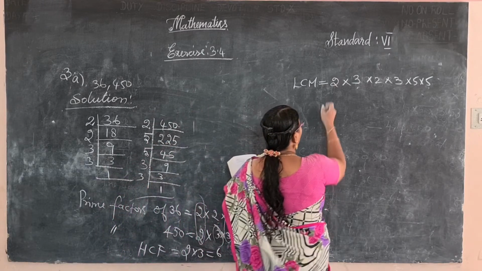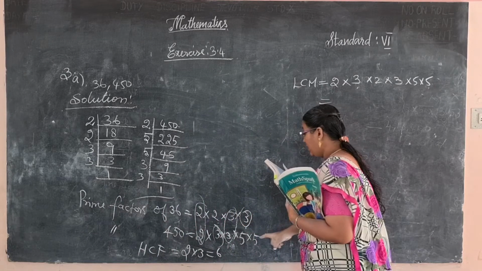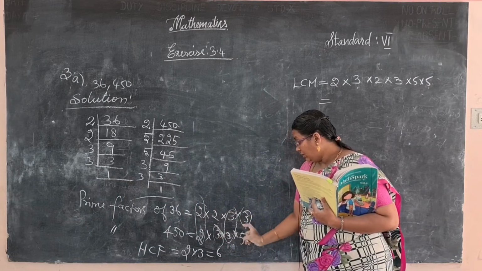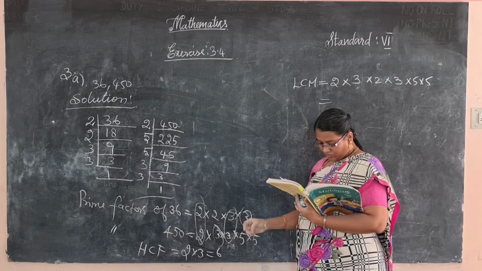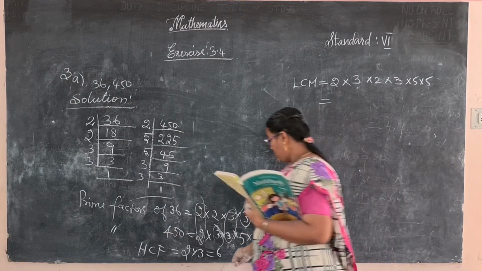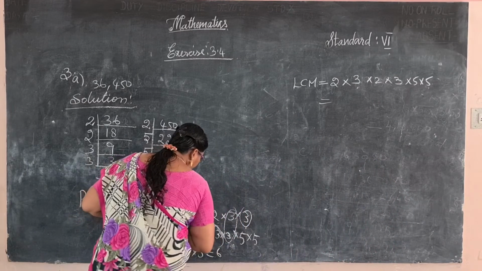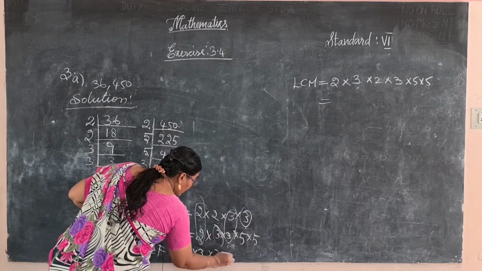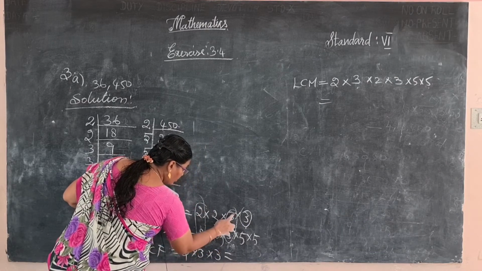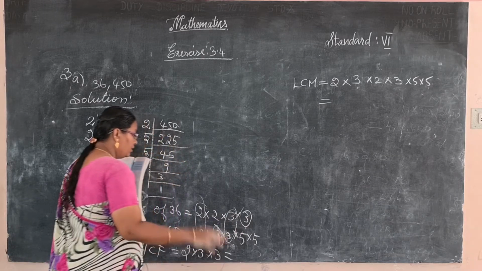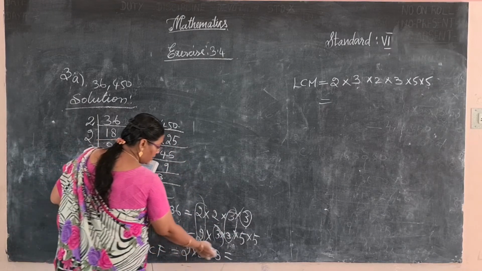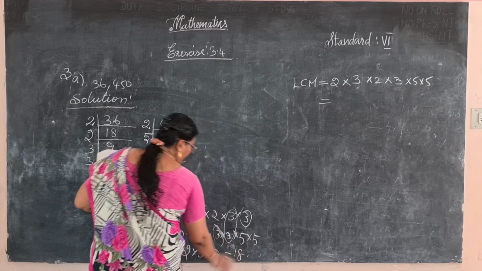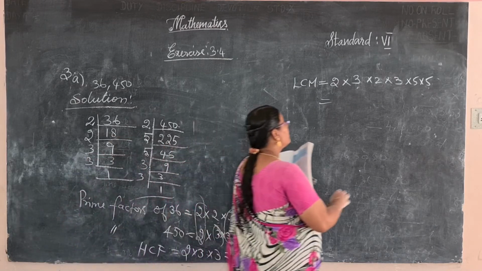Okay, so how to write? Listen, these are the common factors 3. So here also 3, one more factor is there, marks 3 is equal to 2, 3, 3. Okay, 3 common factors are there, 2 into 3 into 3, so 18. Okay, so write this first.